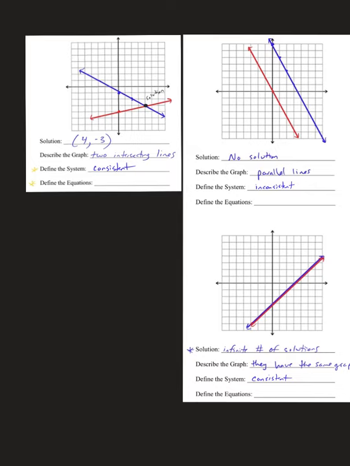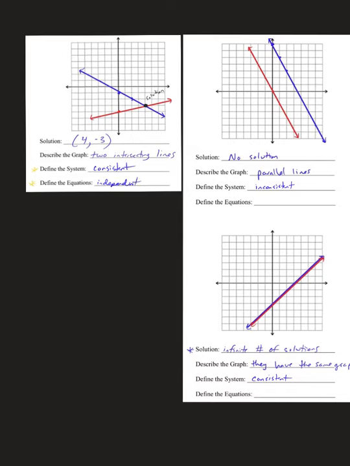Now we want to talk about defining the equations. We said that they're either independent or they are going to be dependent. Remember, independent means neither equation is a multiple of the other. Whereas dependent, it's when one equation can be obtained by multiplying by a constant. So dependent equations essentially mean that you're going to be forming the same line because they are multiples of each other. So in the first one, these would be independent equations